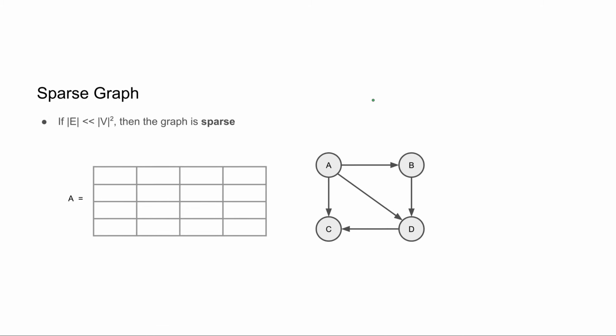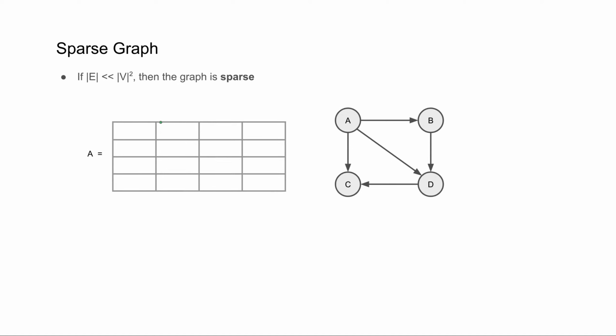Now if you look at this one, the first graph that we have seen, here I have a connection from A to, there is no connection from A to A, then I have a connection from A to B, then A to C, and A to D. Then I have a connection from B to D only. There is no other connection from B to any other vertices. Then I do not have any connection from C to any other vertices. Then for D I have only one connection from D to C. So this is only one. Then I have all other entries 0.